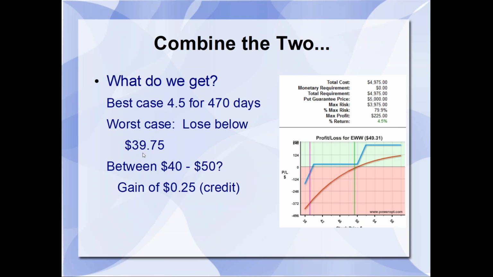The worst case scenario, you begin to lose if it's below 40.70 or 39.75. That's your lower break even. Why? Well, again, we'd get taken out of the bear put debit spread at expiration, get the 10 points back, but we've lost $10.25 on the stock. So it's still starting to decline, and we keep the $6 premium essentially we got for selling the call. So that's where we start to lose money, right after that 25-cent net credit, below that lower put strike price. And then what you're seeing here, this curved red line is at the halfway point. This is the profit and loss chart we're looking at.